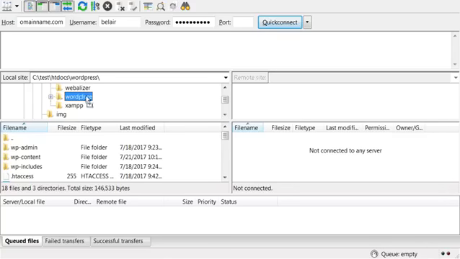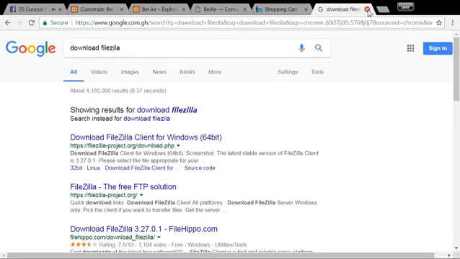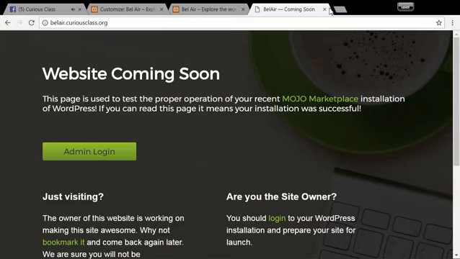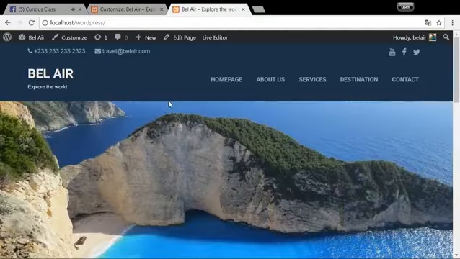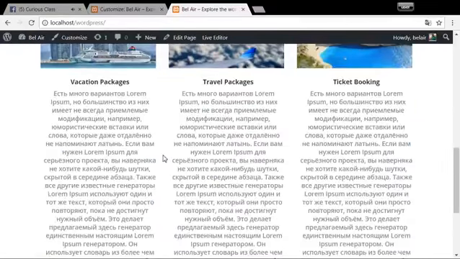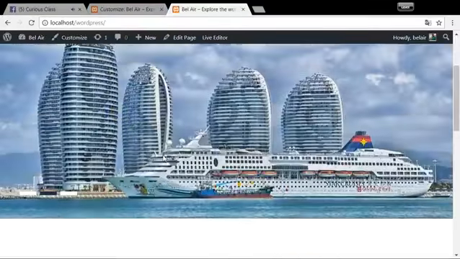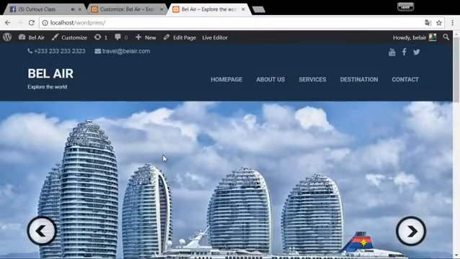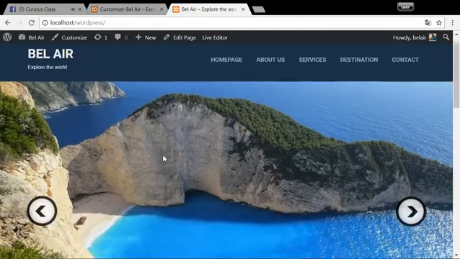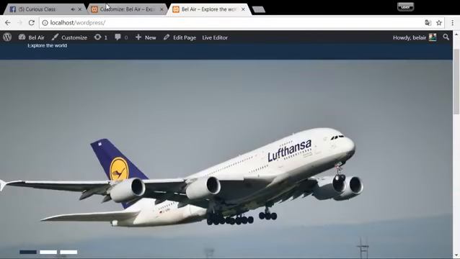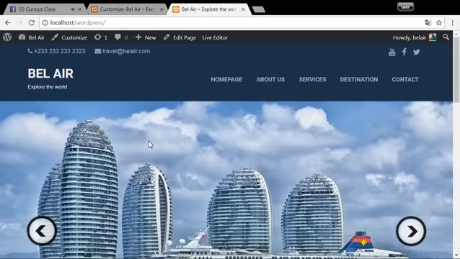Then all you do is you drag and drop this here, and the files will start transferring. You see the progress down here. So you can read more on it later by yourself. Because we don't have much time, I'll wrap up on that here, and then let's switch back to our browser. Close this up, and then here we have it, our fake travel agency, not professionally designed per se, but as an introduction for most of us who are beginners,